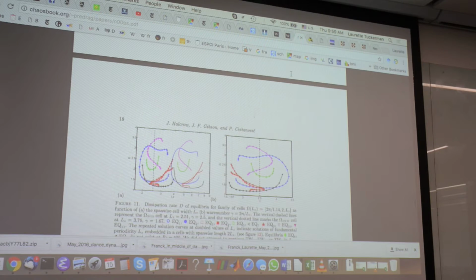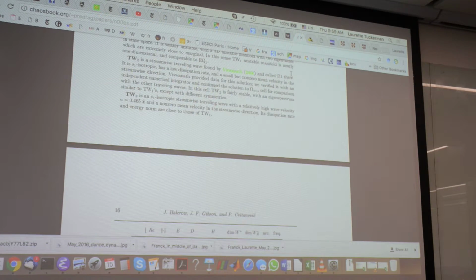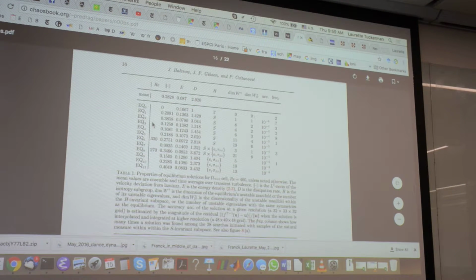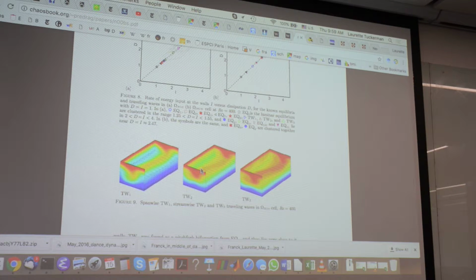These are papers by Gibson et al., and Halcrow, who were indeed computing all of these unstable steady states. And so you see, here's a long list of them. They all have different appearances. They all look kind of the same, but it's the way, you know, if you take a parent to a school of little children, the parent will be able to pick out their child's picture, even though the pictures all look alike to everybody else's parents.